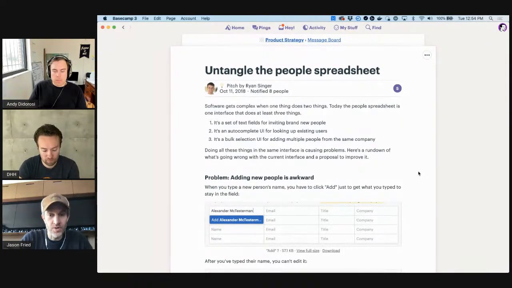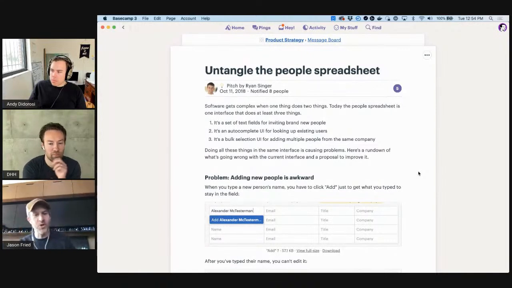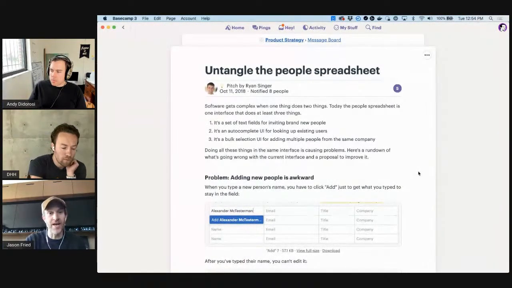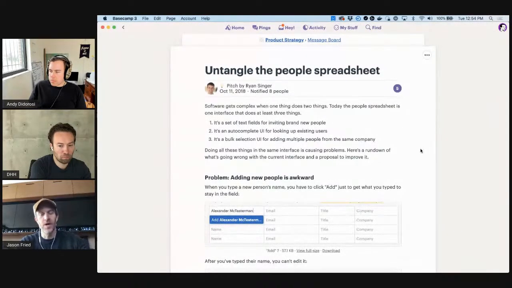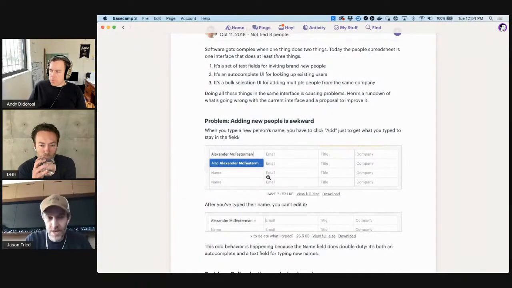And this is the result. What's cool about this is that it's a good example, because I'll show you the actual outcome, because we did make a change in the product. So this is where it began, October 11th, 2018. Ryan wrote up this pitch. This is how it used to look to add people to Basecamp. We had a spreadsheet style interface. And he says,